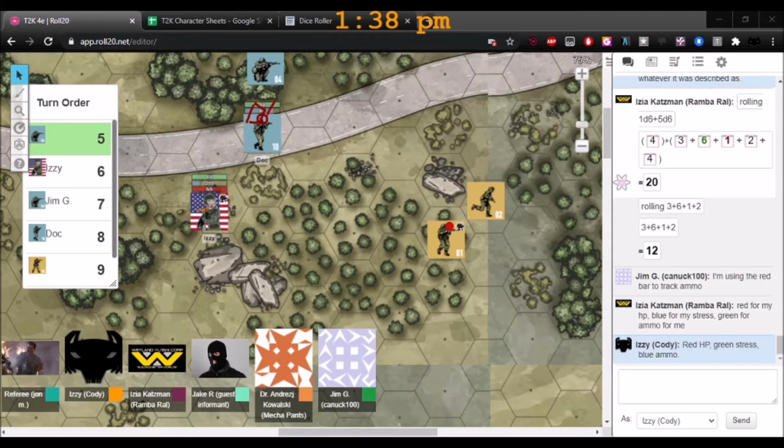So 12 and 10, but then he's suppressed, so I get -2 on that. Is that correct? He's prone essentially, so it's -2. He's a smaller target. And it's also the terrain. So you have a total modifier of -3 because of shooting into the woods, and he's prone. So that takes away my 10, right? I think so. Yeah. Okay.